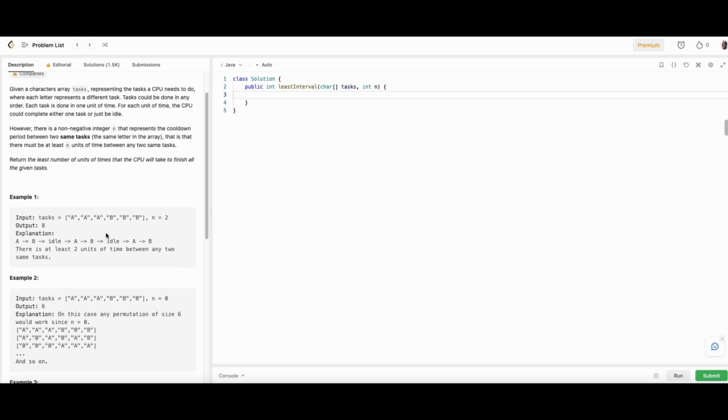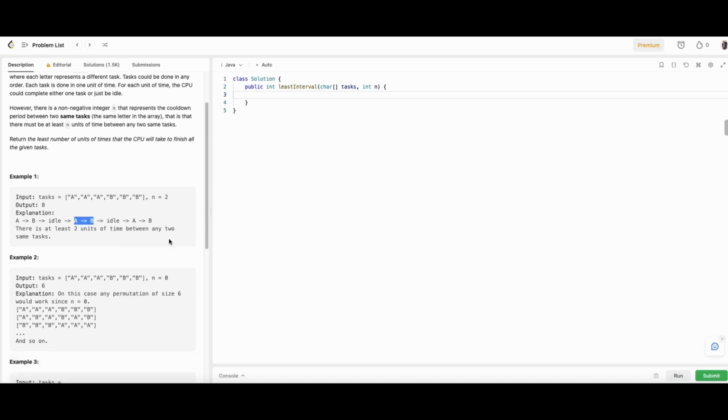As an example, here you are given a bunch of tasks, and since the value is set as 2, in order to repeat the same task, you have to have a cooldown period of 2 between them. Here they have shown how it's possible. We have A, followed by task B. Now you couldn't repeat the task A and B again, so there's one moment of idle time, and then again they do A, B. That way, we need to find the quickest way to finish all of the tasks and also respect